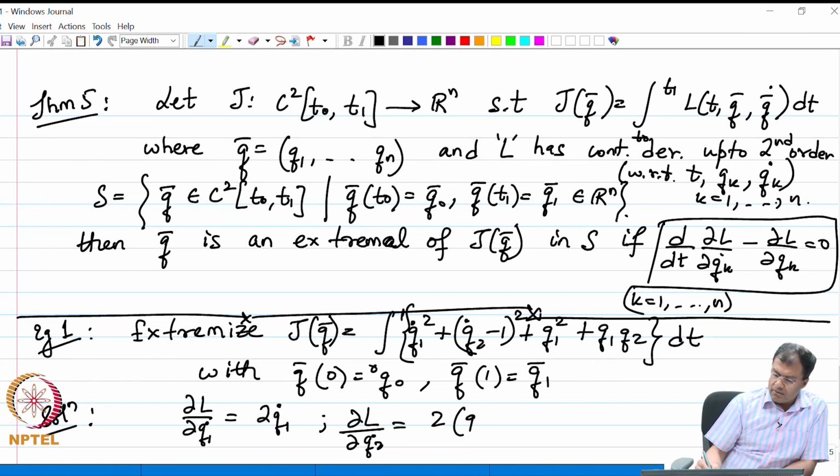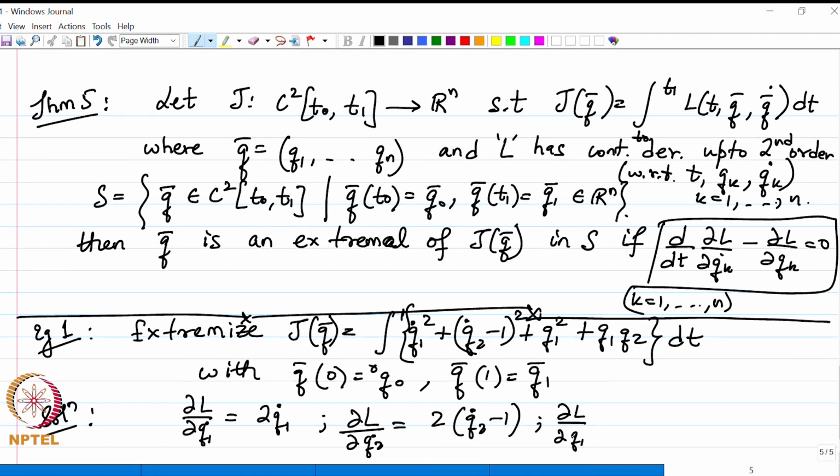So we get 2 times q2 dot minus 1, right. And then the other derivative we have to worry about is del L del q1, which is equal to 2q1, and del L del q2 which is equal to q1, right. So, that is all what we have. Well, del L del q1, we have q1 appearing here and q1 appearing here. So, 2q1 plus q2, right. So, these are the different derivatives which are appearing in our Euler-Lagrange,